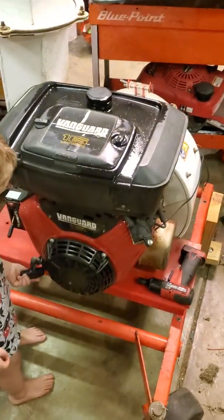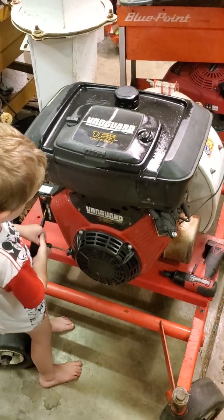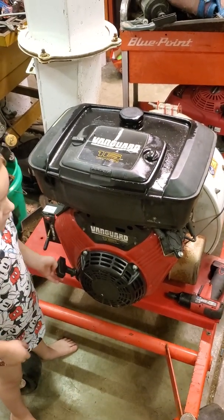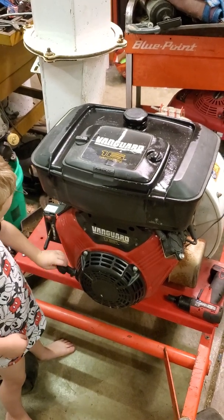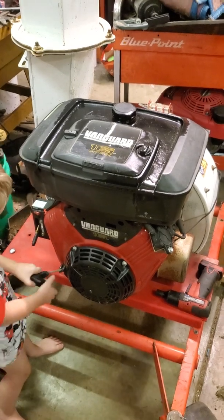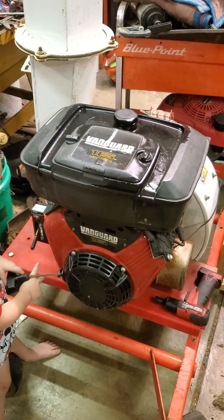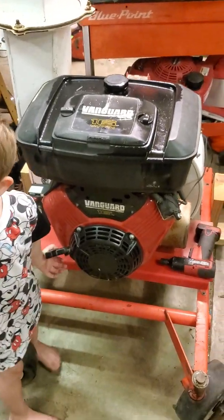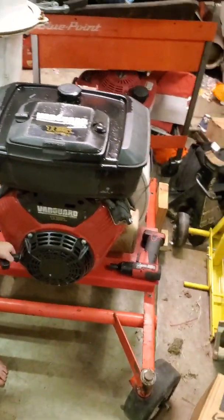This thing is a couple years older, but man, I will tell you what, it rips way, way, way better than that Billy Goat did. It's got, in my opinion, way more power. It's only 2 horsepower more, so it's probably not that big of a difference, but I'm going to tell you right now, and this is just from my experience,